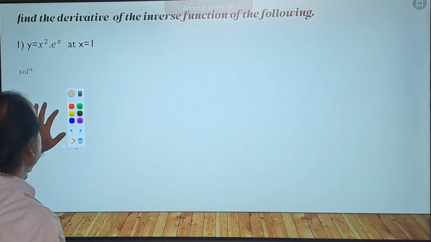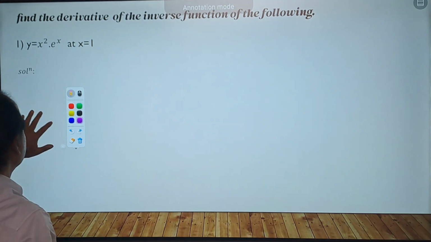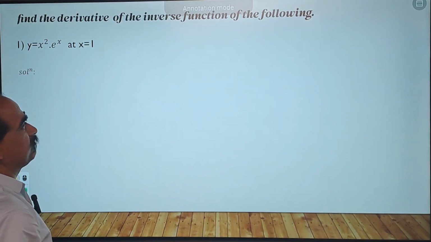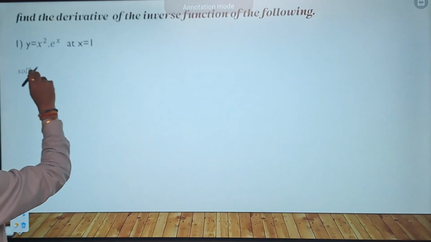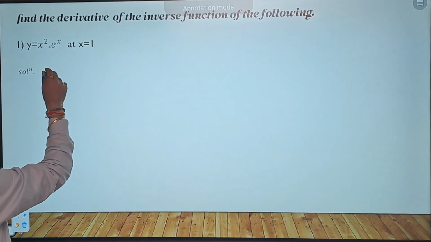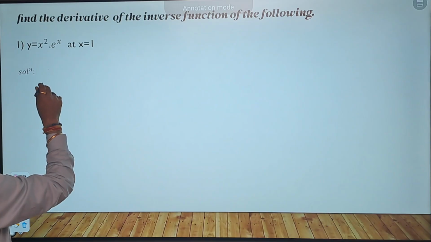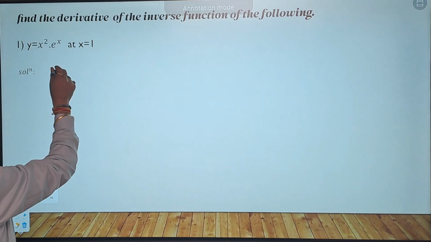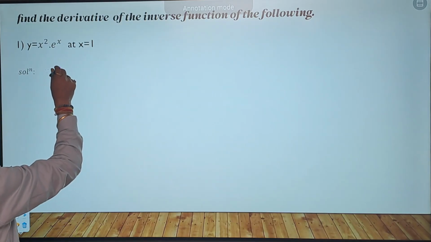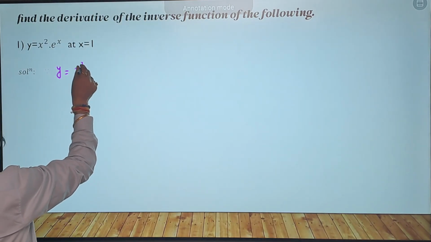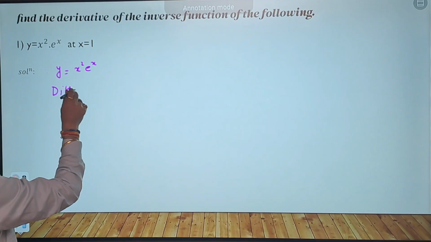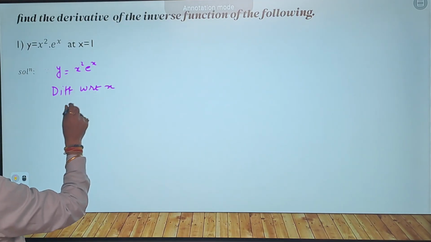Next problem is: find derivative of inverse function of the following. y is equal to x square e raised to x at x equal to 1. Since y is equal to x square e raised to x, differentiating with respect to x,